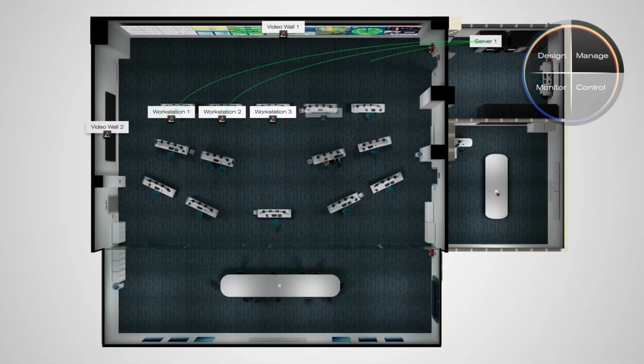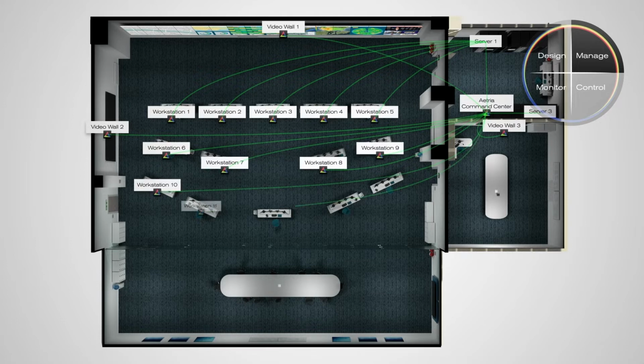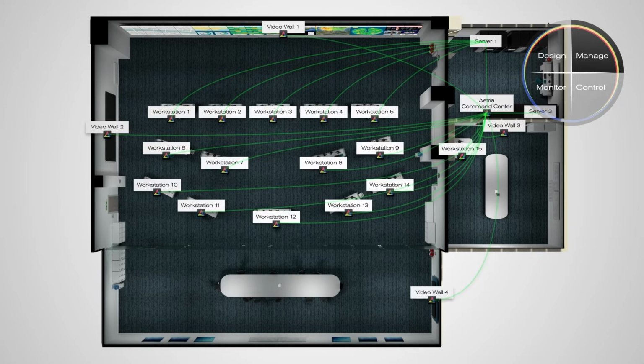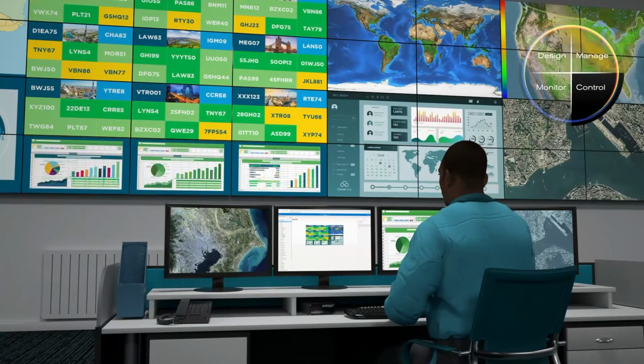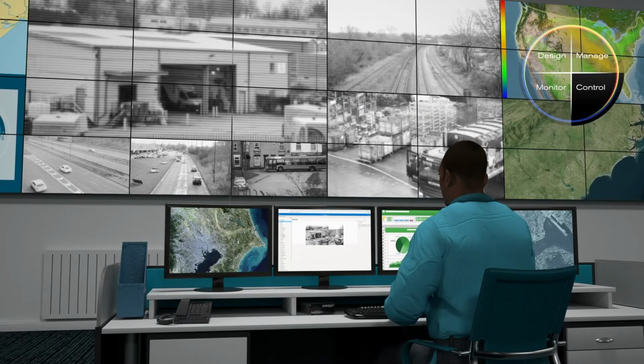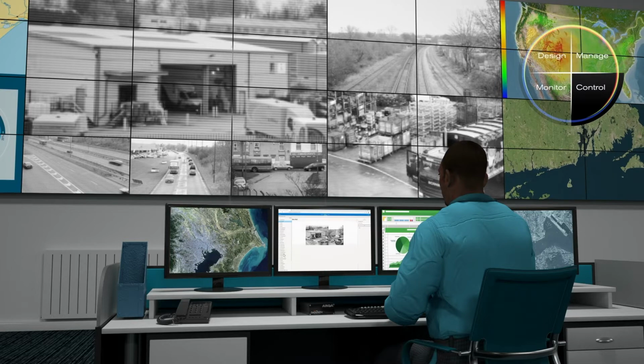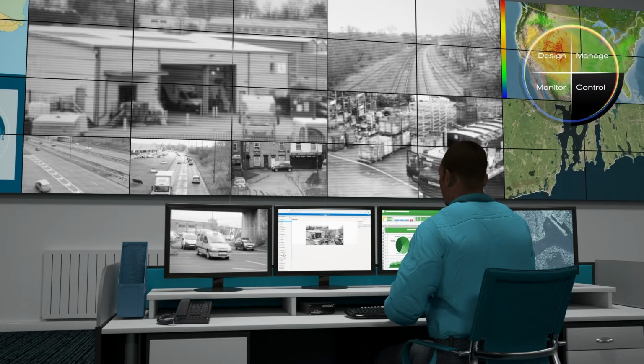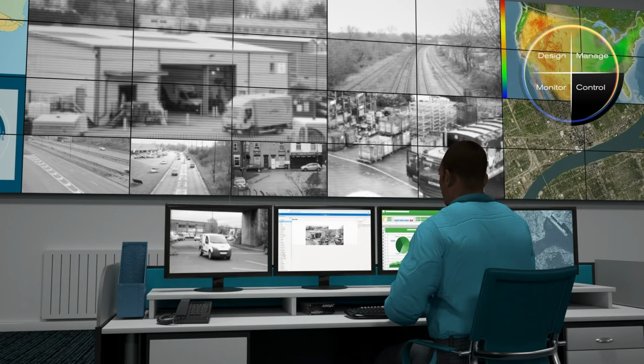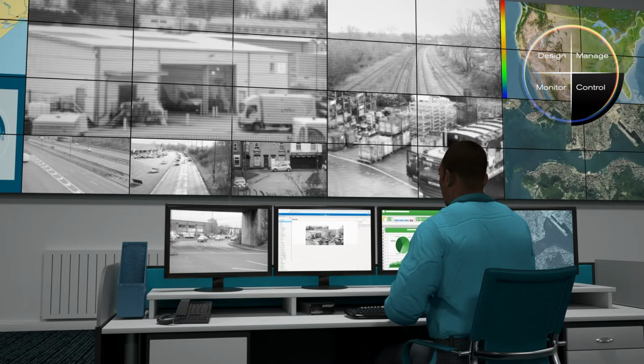The connectivity between all workstations, video walls and sources is easily configured and managed from the Aetria interface. Operators can instantly view the sources and content they need on any screen or video wall in the control room, allowing them to view multiple sources on their local workstation or any video wall with a single click, using pre-configured